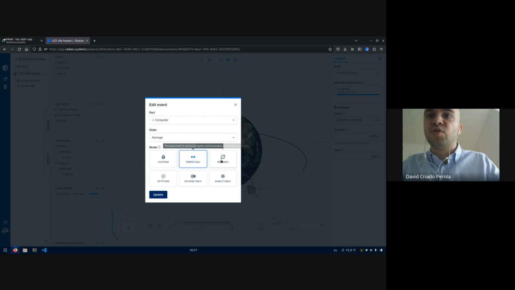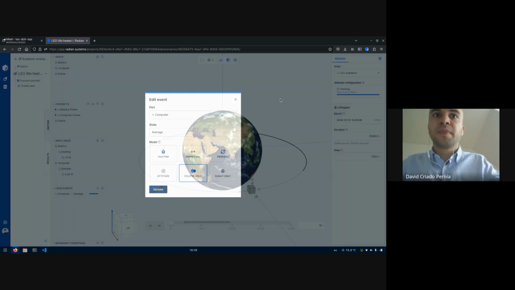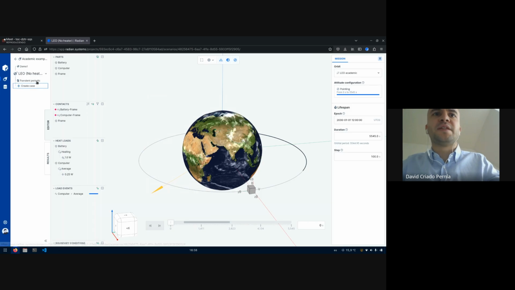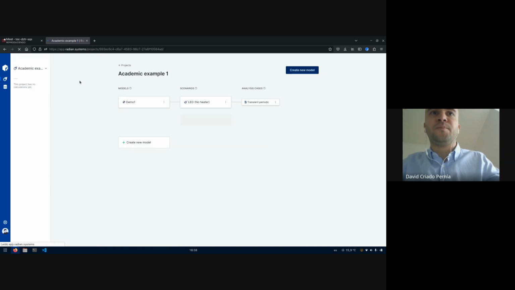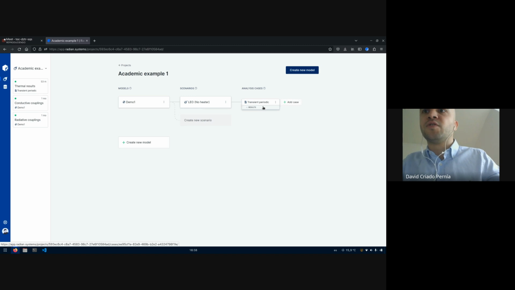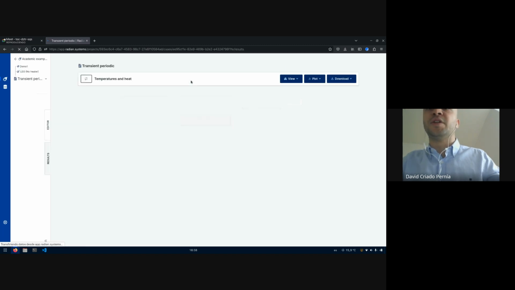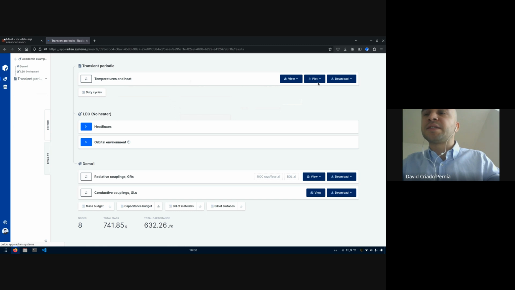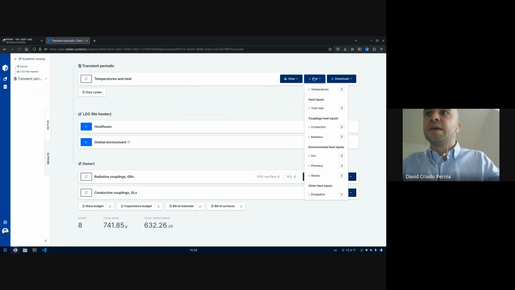You can bind them to attitude events, active only. You can activate them only during eclipse or out of eclipse as well. And finally, we have the transient periodic solution that calculates the temperatures for this scenario. I won't be diving into the parameters now, but we can go straight to the results and see what needs to be done. So what we ask students to do in this first